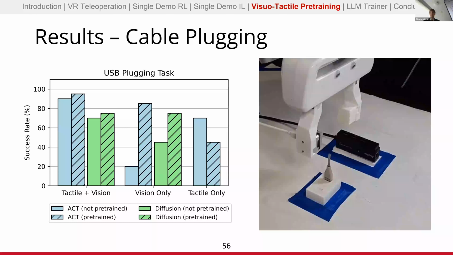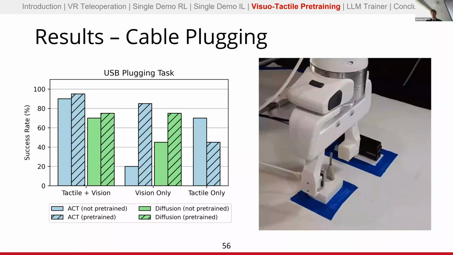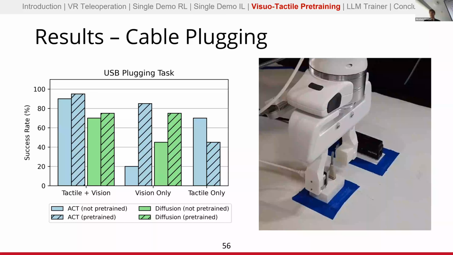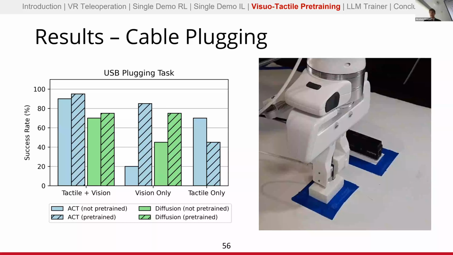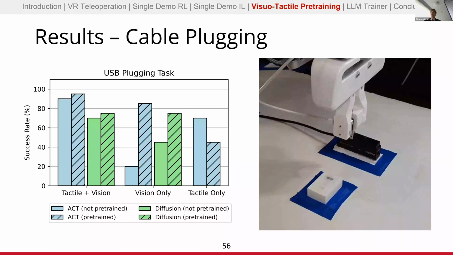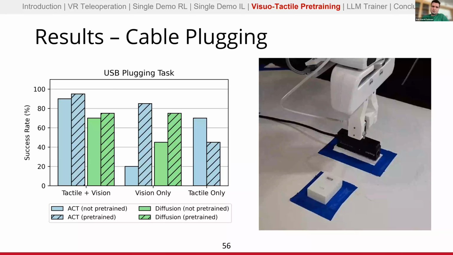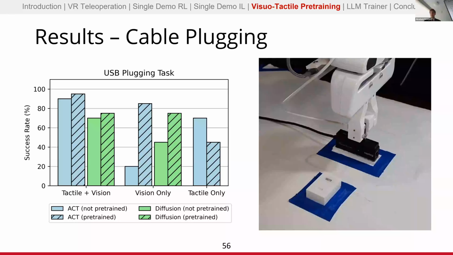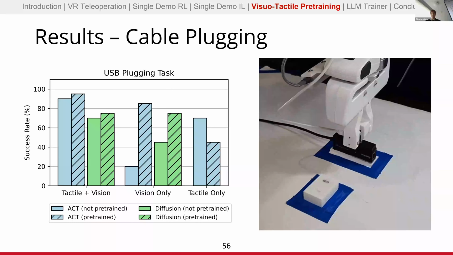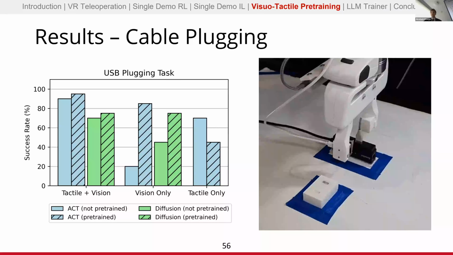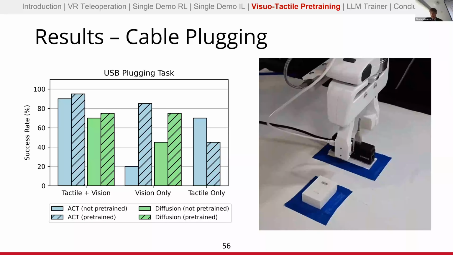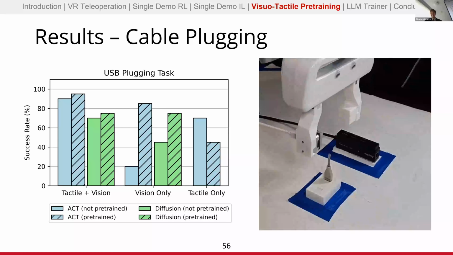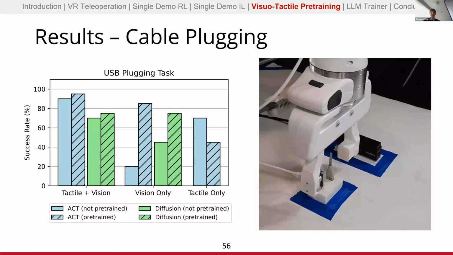Also, because we do have a timeout, a time limit of twice the time it took us to collect the demonstrations. On average, it was like 230 time steps for this trajectory, and we put a hard cutoff at 500 time steps during evaluation. So sometimes the robot would just get caught in a loop of really careful refinement and never actually insert the cable. And in those cases, it would fail.